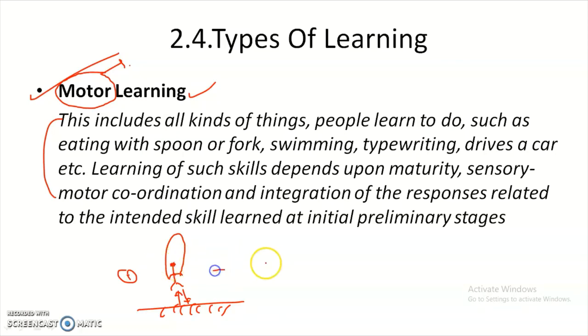But after practicing and practicing, he will definitely learn from the past mistakes. How much energy he has to apply to jump up such that the rope will come and go back, and again come and go back. So he has to jump continuously. Like that, his mind will give proper signals to the hands and proper signals to the legs. So the legs and hands make motor types of movements, right?